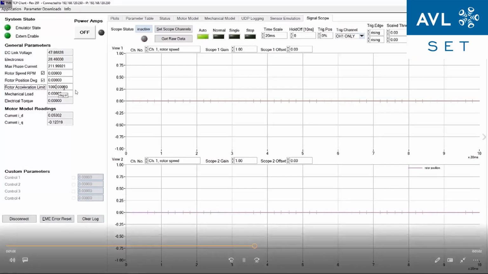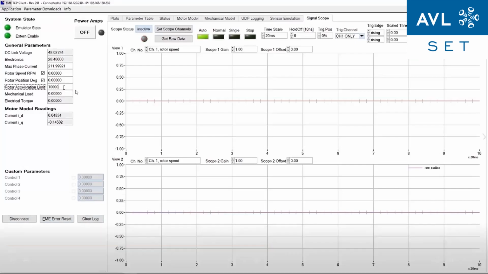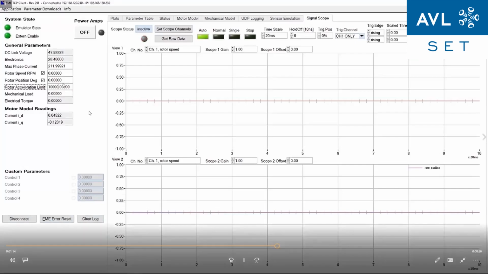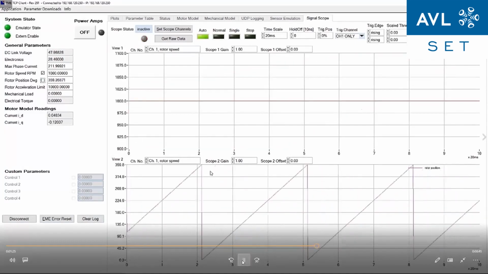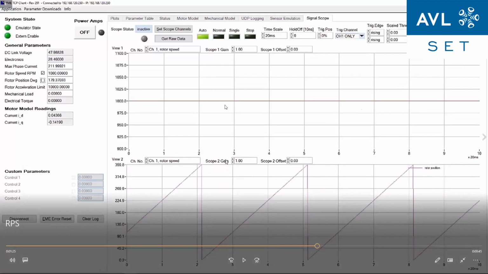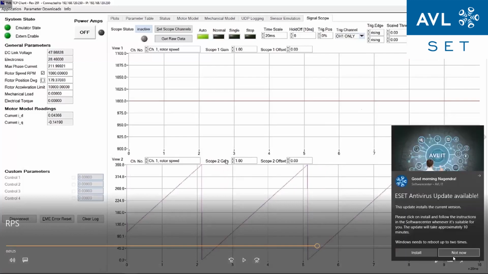So I can set a value to 100 degrees per second squared, or even a higher value. So that's it. Now I have parameterized this value, and then we'll command the speed of 1000 RPM, and then I'll unfreeze the position and hold the speed at a constant value. We can see the speed rose to 1000 RPM, and we can see the rotor position, which is seen on